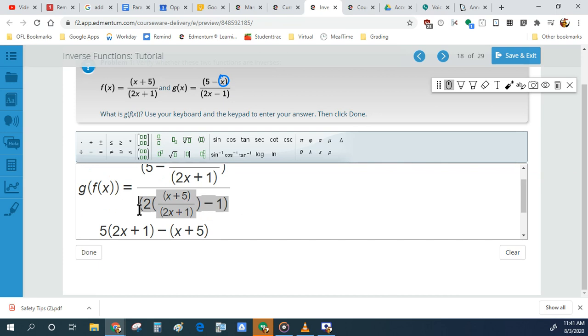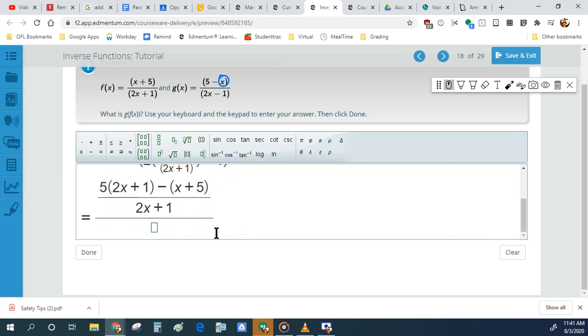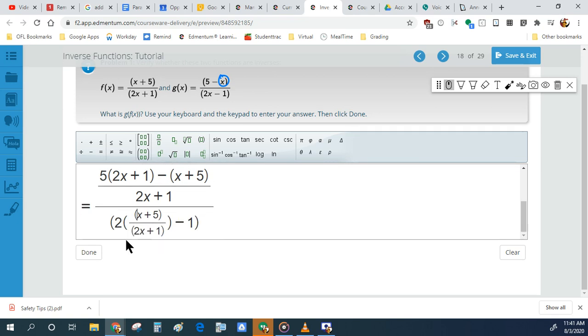And I'm honestly just going to copy this right now just to make it easier. I'm going to copy that. I already controlled C. Now I control V. But now I want to distribute this 2 over, right? So I'm going to want to get rid of this, and I'm going to distribute that 2 over there. And because I want this 1